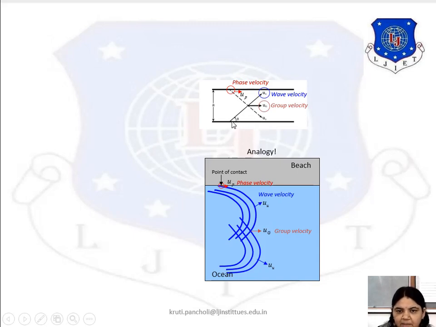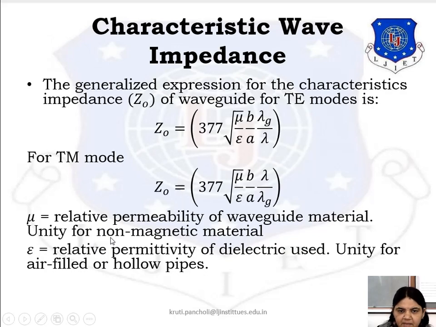So what happened is, the waves travel and strike onto the wall of the waveguide, and inside the waveguide we can have the wave velocity and the group velocity. Again, the concept of this transmission line, with this analogy we can also understand: this is the ocean, these are the waves. So group velocity is this, and this is the wave velocity. So this way we can also keep it in mind.